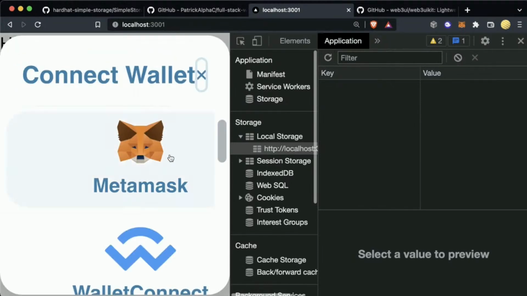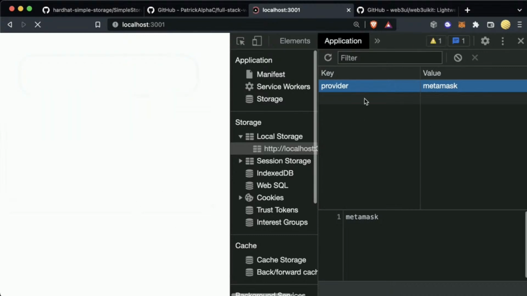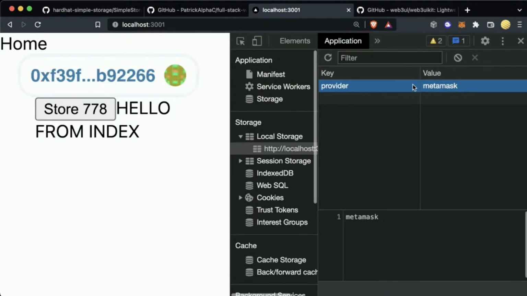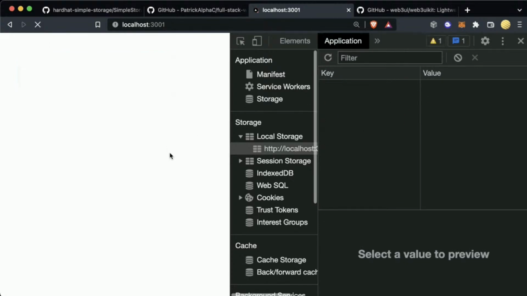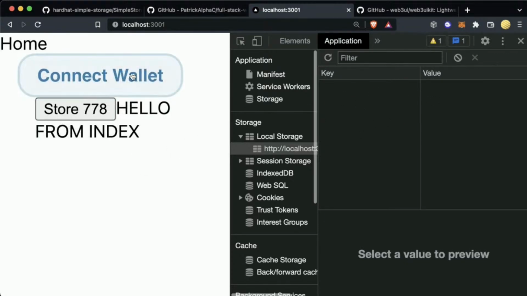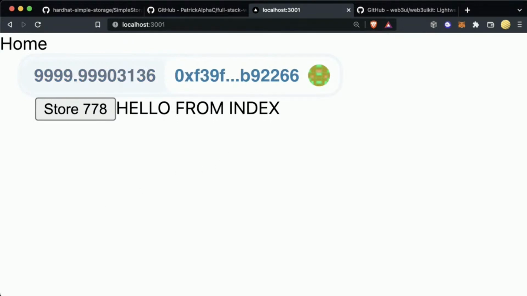When I connect here via MetaMask, it saves that I've connected with MetaMask in our local storage. That way, if I refresh, our website knows, oh, they connected with MetaMask. Let's try to see if that's still there. Because otherwise, you'll just disconnect every single time you refresh, which is obviously really annoying. But when I disconnect, it gets rid of it. So when I refresh now, it doesn't have that anymore. So there's just a ton of stuff in here that make this connect button my favorite thing ever for working with front ends.